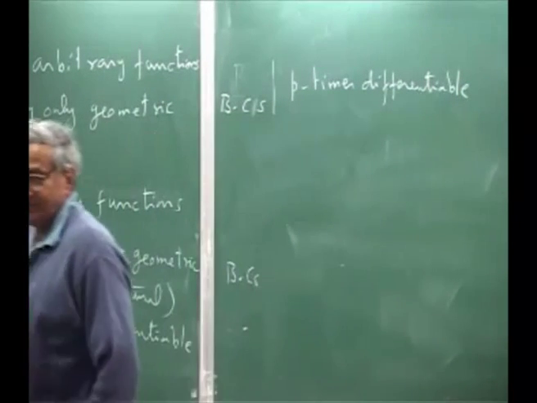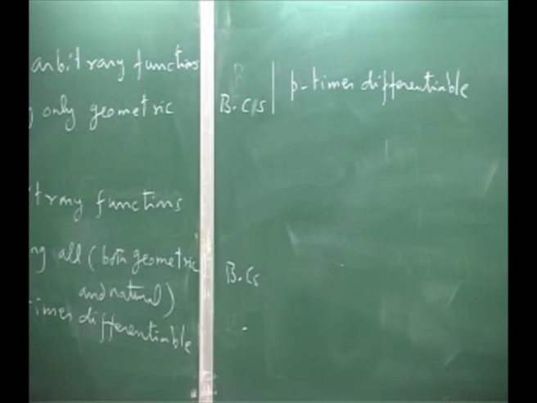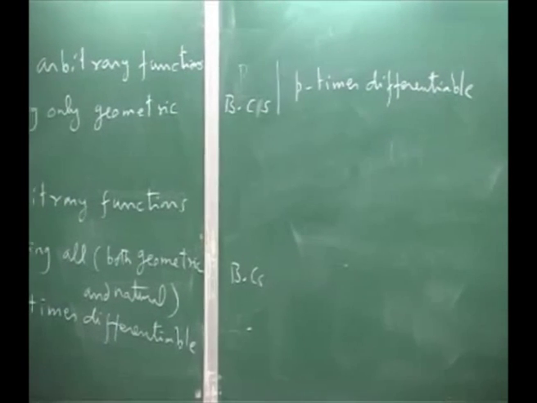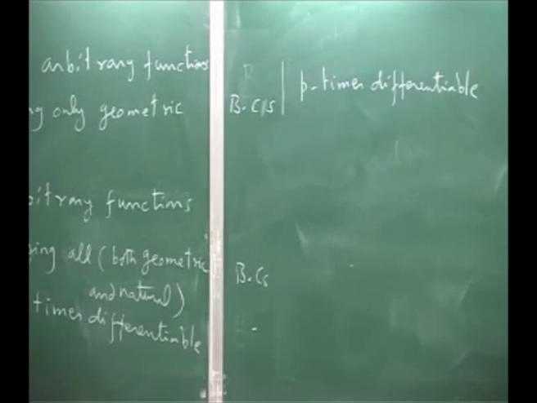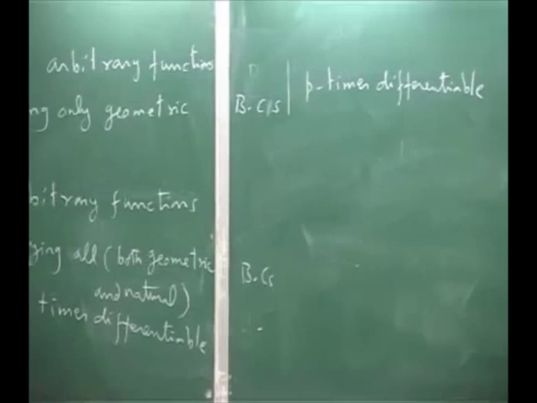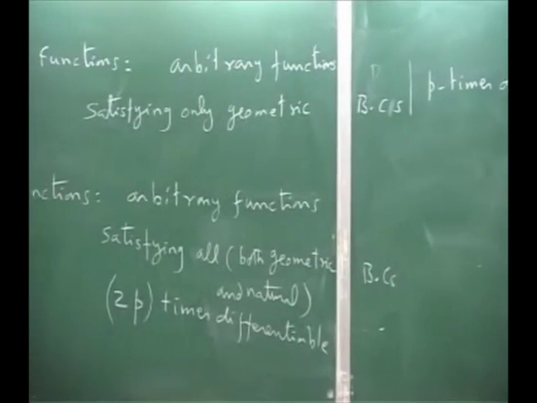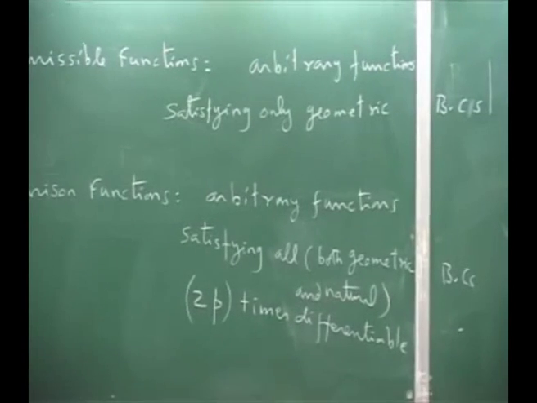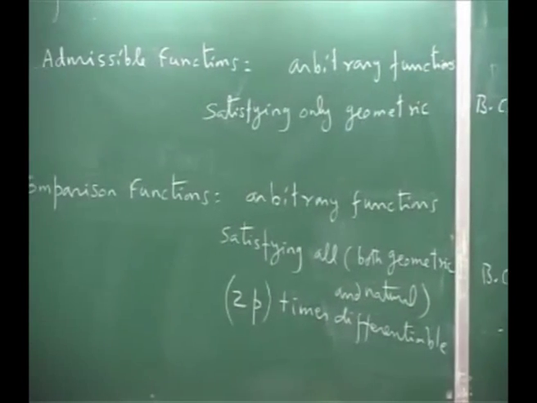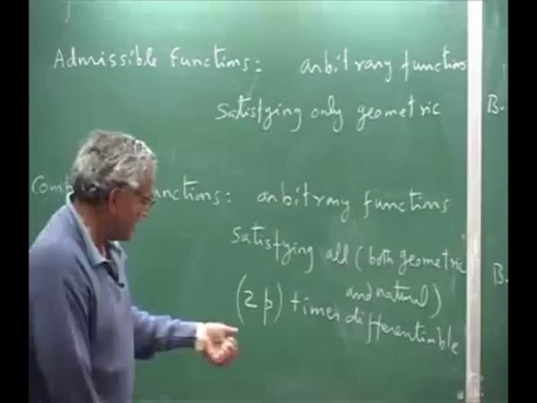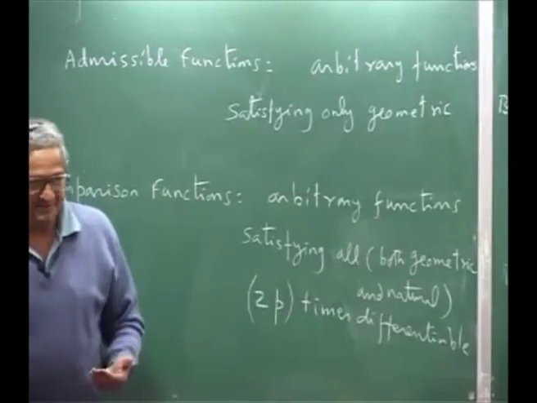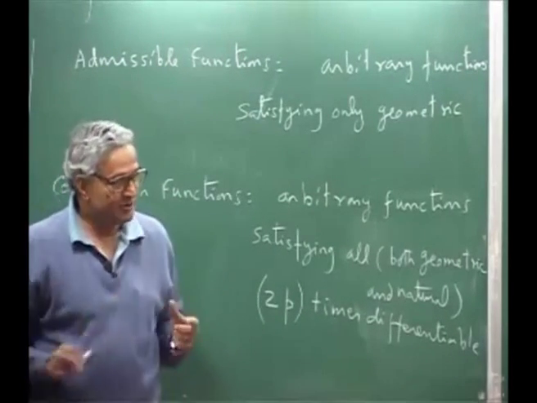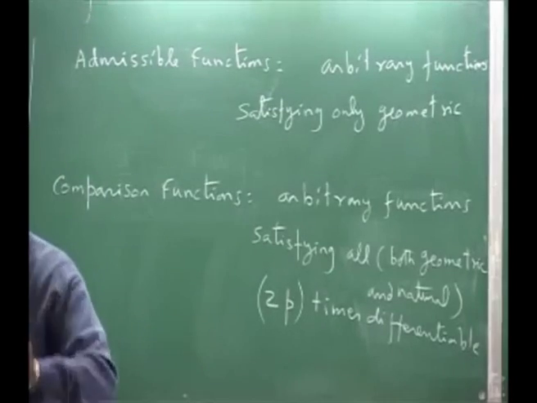Differentiable means differentiable over the domain, because at the end, the geometric boundary condition, you may say displacement is 0, slope is 0. And why p times, 2p times differentiable, that will become obvious when we solve problems, because